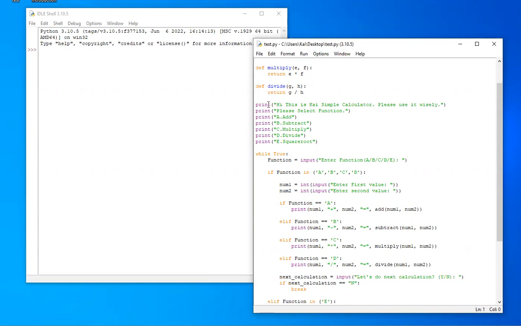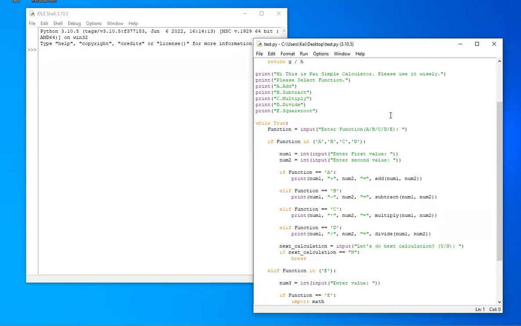So first, when you open my program, it will print, hi, this is Kai simple calculator, please use it wisely. After that, please select the function. The first function is add, the second function is subtract, and then multiply, divide, and then square root. After this, it will come out a prompt to let you enter the function, which is A,